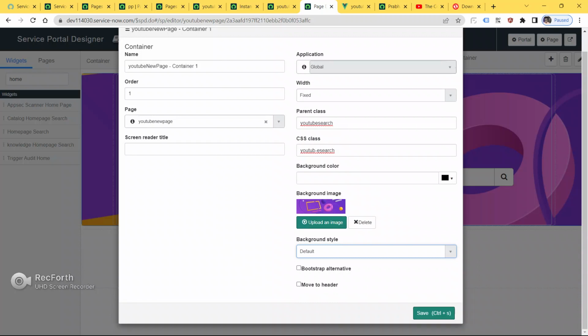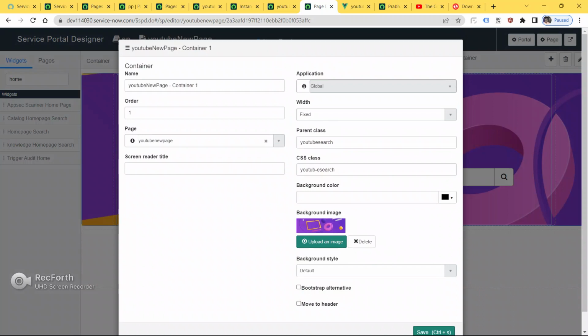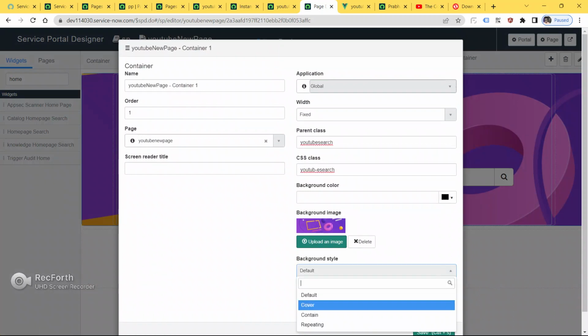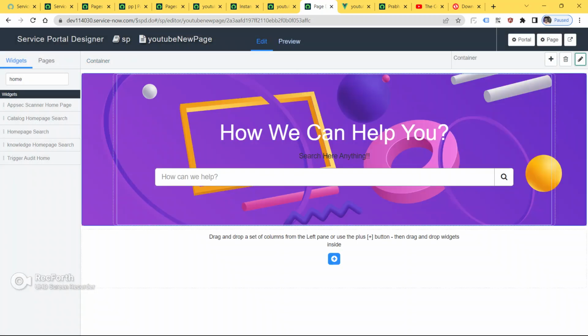This is the YouTube page container, and inside the image. First of all we have to select the entire container, then click on the pencil icon, the edit icon, left of the container. Now as you can see here, background style we have to give as cover. Previously it was default, so now we will put cover.